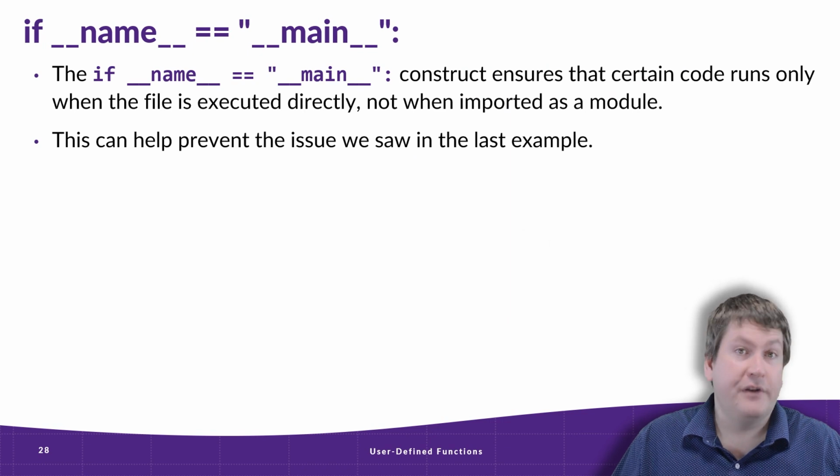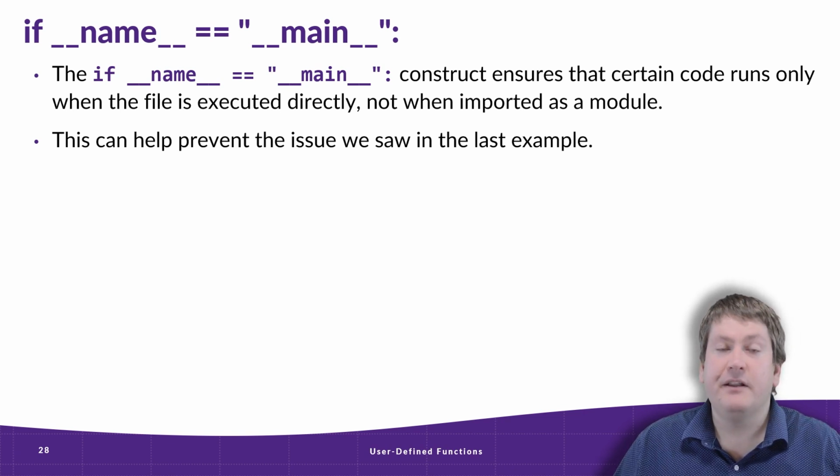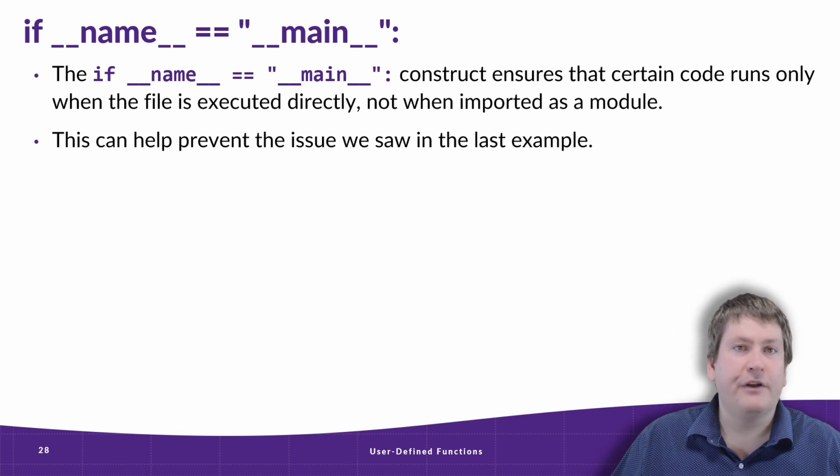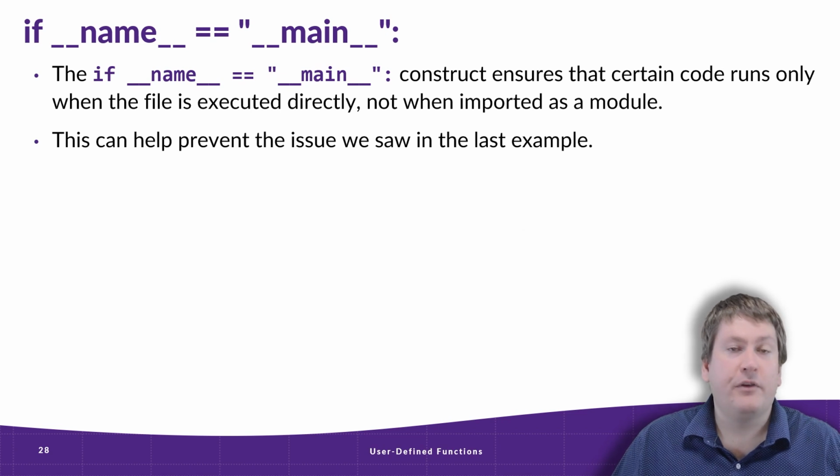So there is a way to resolve this problem, and that's with the statement here that uses the __name__ global variable. The __name__ global variable is a special variable that basically returns the name of the file you're currently in, or the name of your module you're currently in, to be more accurate. Now, there is a special case. When that module is the one that you're running directly, the name changes to